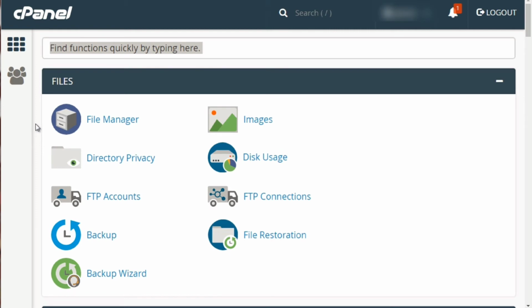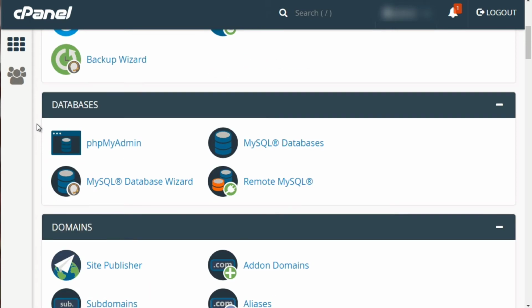So to create a MySQL database, it's super easy. Let's start at the top. Make sure that you're logged into your cPanel, and what you want to do is scroll downwards and look for databases. If it's different, then look for the MySQL Database Wizard, and this will walk you through step by step. It's the easiest way to go. So first things first, click on this,